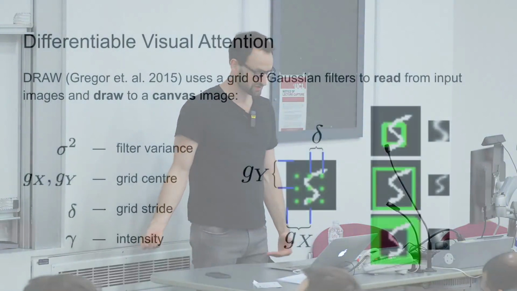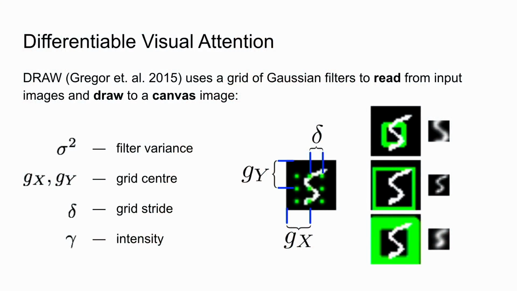Another branch, we talked about introspective attention, this idea of selectively attending to memory, but there's actually a lot more you can do just with visual attention than what we've seen so far. From back in 2015, this became a very influential paper by Karol Gregor and others at DeepMind. The idea was to use Gaussian filters to read from input images and draw to a canvas. So this has a feeling a lot like neural Turing machines, but instead of an abstract memory matrix or a tape that you're manipulating,